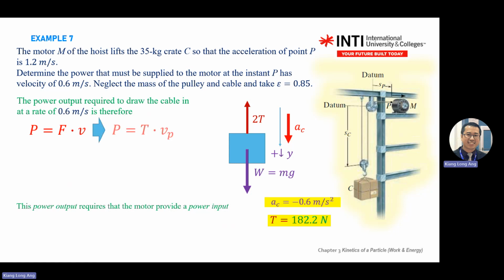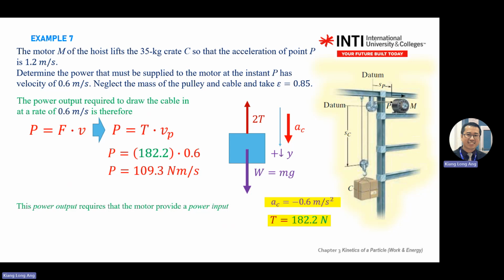So you have the velocity, you have the tension of the cable here because this cable is the same as this one. The force is the same, right? So you replace with the T that you found just now. Velocity is given. So you manage to find the power required to draw the